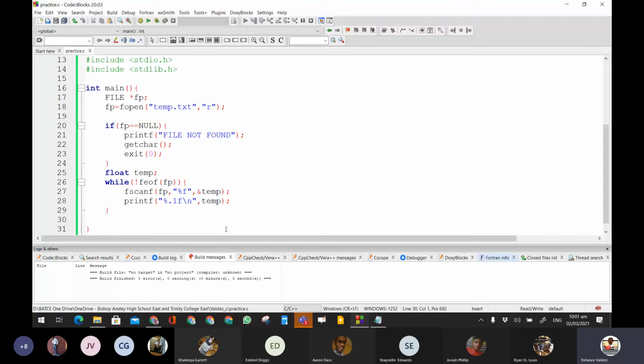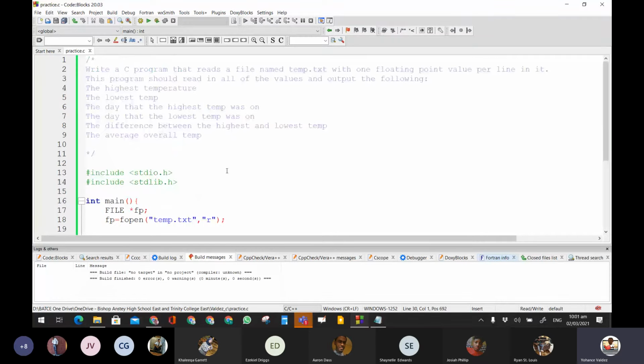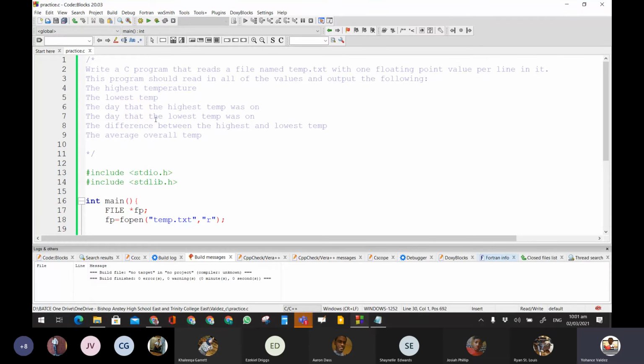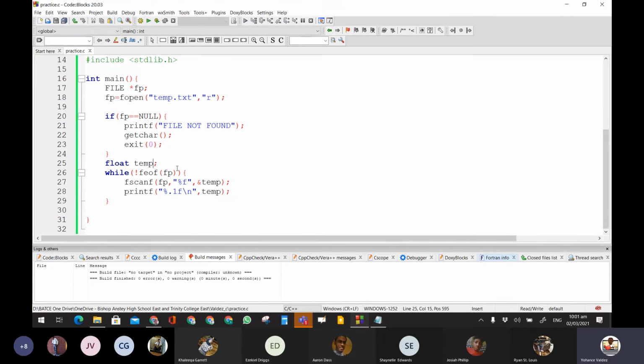How do I now start to deal with these things, right? The highest temperature and the lowest temperature, well, the first one read should always be the highest and lowest, and then afterwards we could work out what the highest and lowest is from there, right? And the day the highest temp was on and the day the lowest temp was on, right? So I can have integer, int, right? The current D, the highest D, and the lowest D, right? And actually all of these,